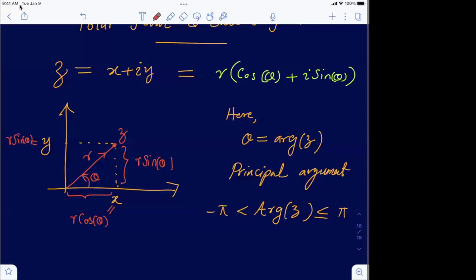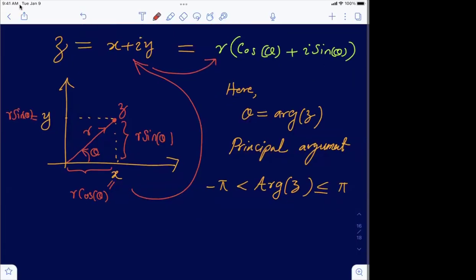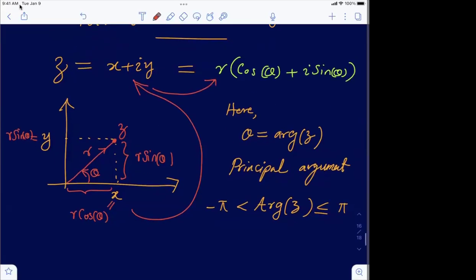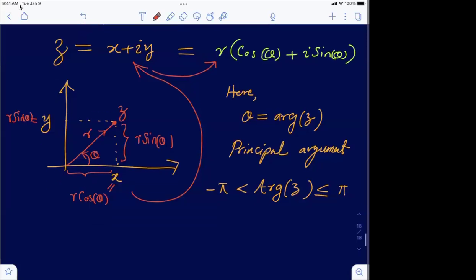Now put them together. Once you put them together in the position of x and y, you're going to get the common term taken out, and then cosine theta plus i sine theta. Now, a couple of interesting things. When you look at a complex number in this form, that geometric observation is going to